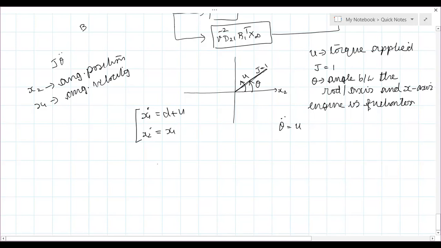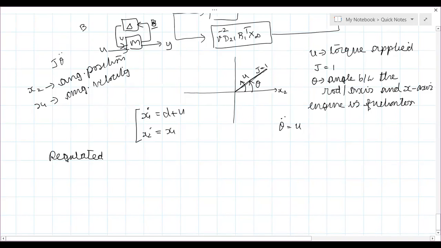Okay. Now you see, let us define the regulated output, because that depends on your application. Sometimes your aim may be to minimize the error. Sometimes your aim may be to minimize the control input. Okay. So what should be the regulated output here? So keep in mind, this is the general framework that we have, the LFT thing. This is delta, this is M, this is exogenous input W, and this is the regulated output Z. Okay, and this is the control input U, this is the measured output Y.